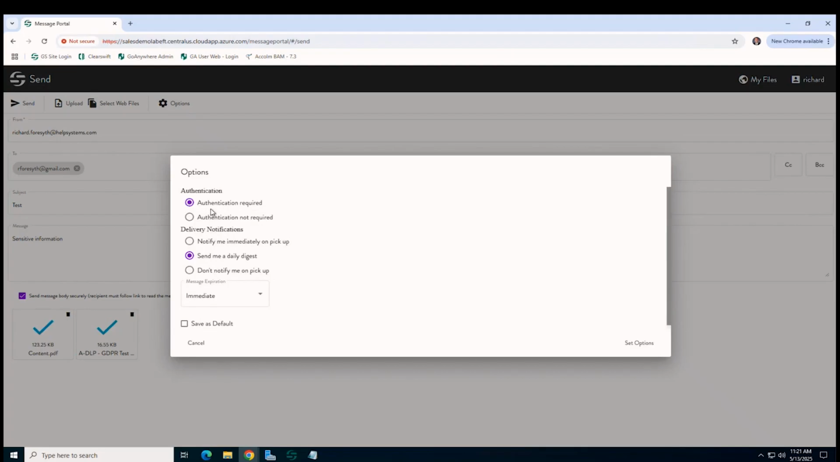Our authentication required option means that the user that receives this email will need an EFT username and password in order to log into the server and retrieve the files in the message. If the user does not have an EFT account already, there is a guest registration process that can be turned on, allowing them to create a guest account, and then they can access just this message and files that have